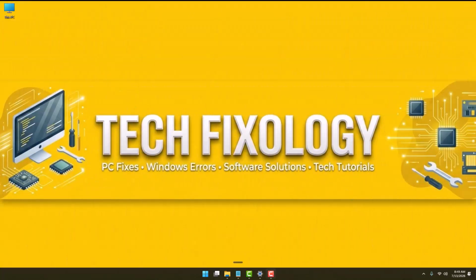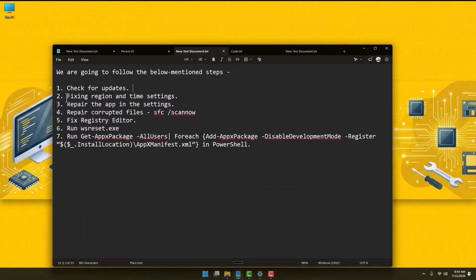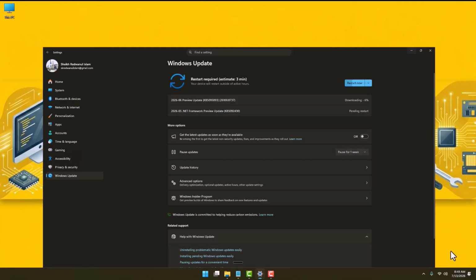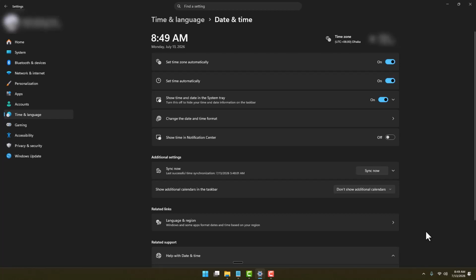Now moving on to our next step, that is fixing region and time settings. So for this, you can see that there is a time and date option at the extreme bottom right. Right click on there and you will see an option, adjust date and time. Just click on it and your date and time settings window will pop up. Here you can see a region from where you belong. Click on it and